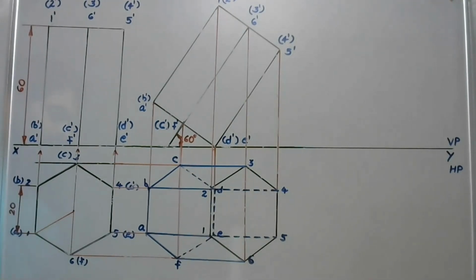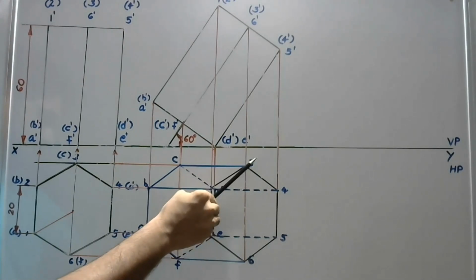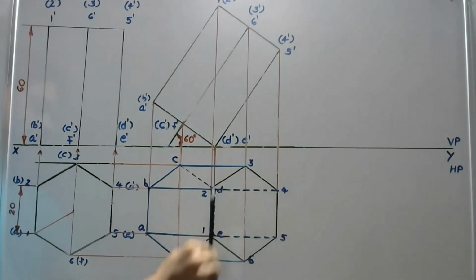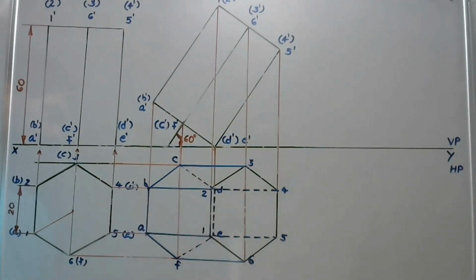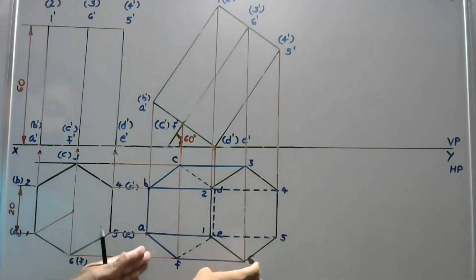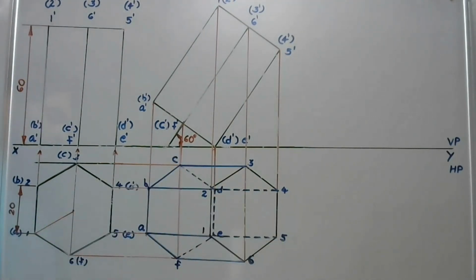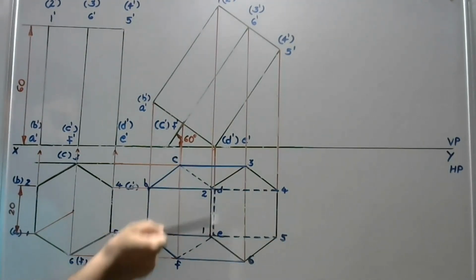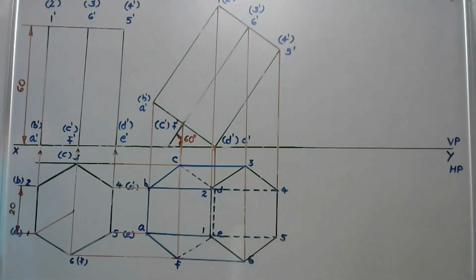So we are tilting the edge DE and this line from 90 degree to 40 degree like this. We are tilting the edge DE from 90 degree to 40 degree. Then we are copying the second top view to that 40 degree inclined line based on the condition, base edge resting and base edge inclined 40 degree with the PP. So create the third top view based on the condition.